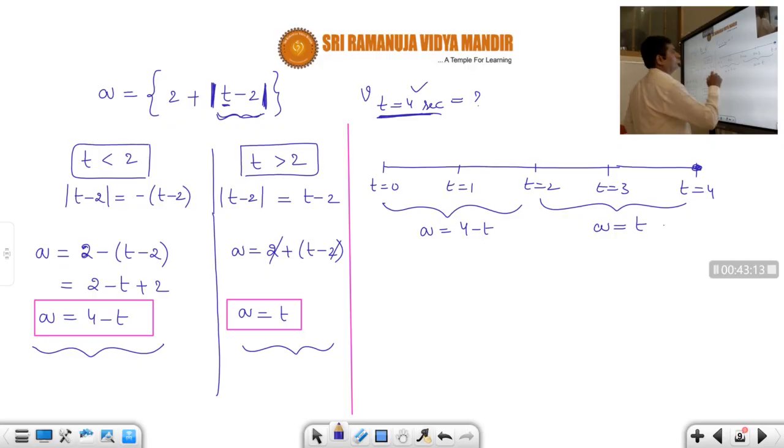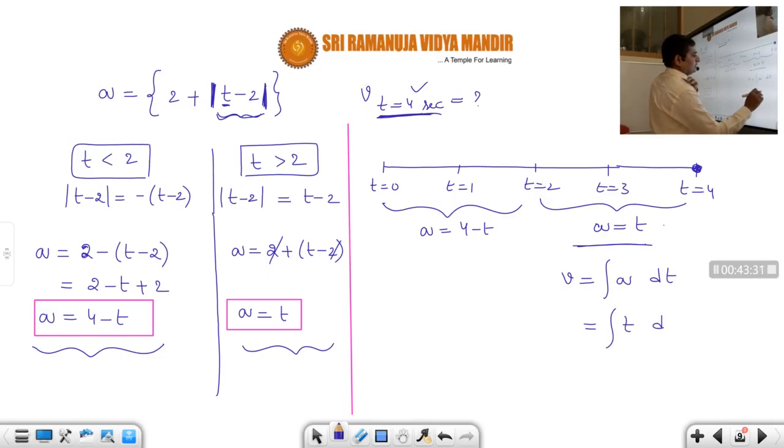Okay. So now they're asking exactly at this point. Now how to get velocity from acceleration, students? Integration. So suppose if you take this one, velocity v is equal to integral a times dt. Okay, students. So that is equal to, what is integral a here, students? t. So t into dt. Okay. So that is equal to, now here you can write it as t square by 2 plus c. Correct or not, students? v is equal to t square by 2 plus c.